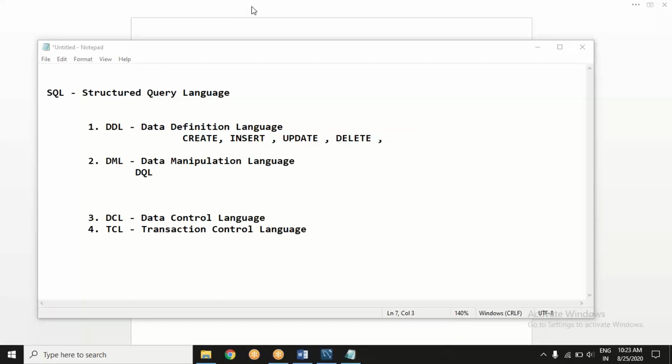So, want to try your hands on it? Ready for it? Remember, we saw that employees database.